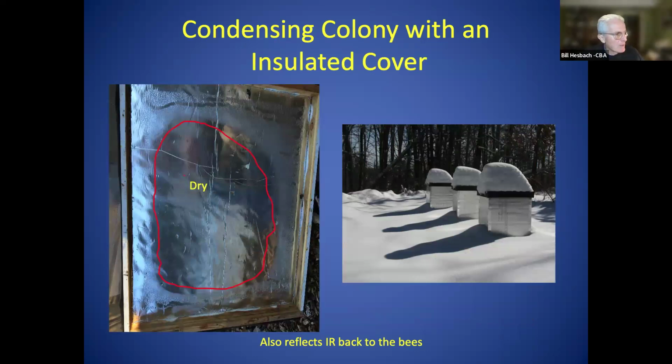All right, so here's an example of what I was suggesting before, where you can see that red outline is where the cluster is. Now, this top that you're seeing on the left is a top that's right over those colonies on the right. I just pulled it off, just to illustrate that the moisture never really forms as long as that colony's insulation top is above the dew point. You can see that in this case, some of the condensation formed on the outside ring of the top. Now, lots of times